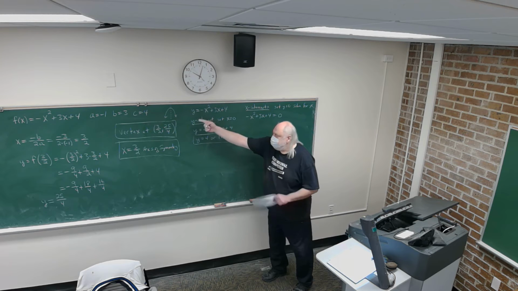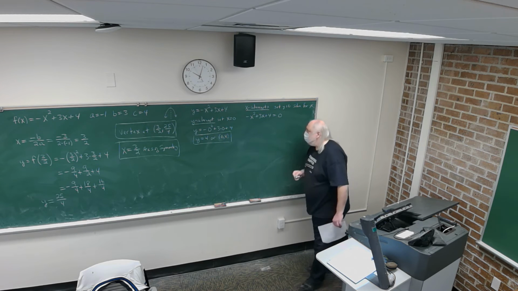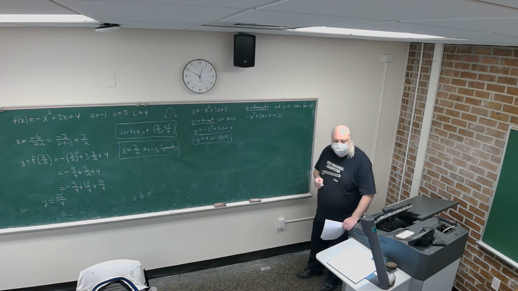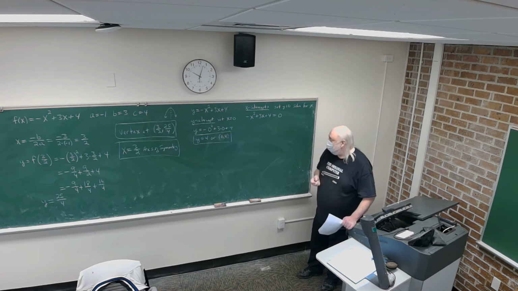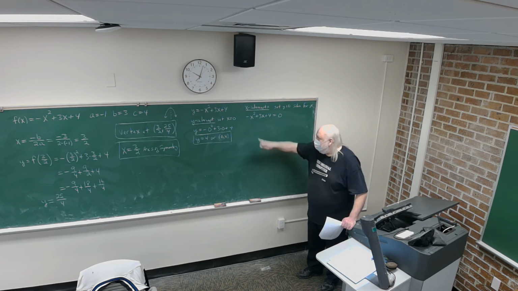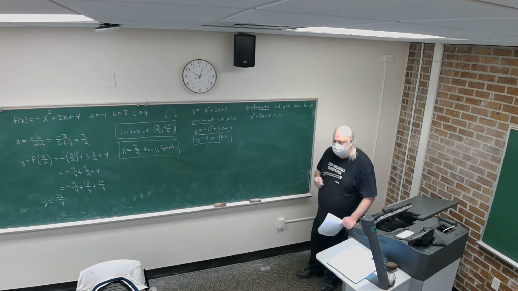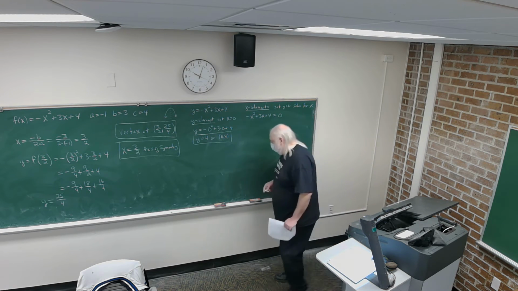And I commented yesterday, now we can try to factor the left-hand side. The left-hand side does factor with integers. I said yesterday, I have a hard time factoring when the number in front of the x squared is negative. Now, some of you guys can do it, and I'm happy for you. But my brain's not wired that way. So I'm going to divide